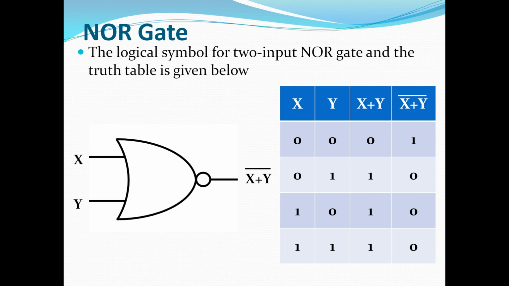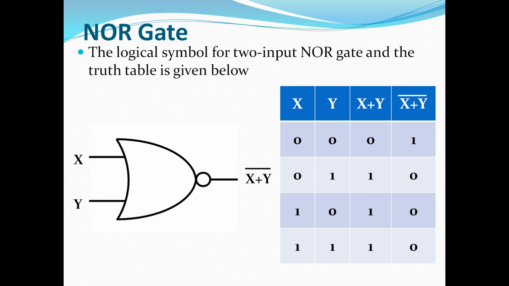Then you can see the truth table here. In this truth table there are two inputs, one is x, the second one is y. So two inputs means four combinations: 0 0, 0 1, 1 0 and 1 1. Then we find x plus y, then (x plus y) whole dash, which is the output of the NOR gate. Remember, whenever all the inputs are 0, the output will be 1. See, when x and y are 0, we get the output as 1. In all other cases the output will be 0, because if any one of the inputs is 1, then the output will be 0.